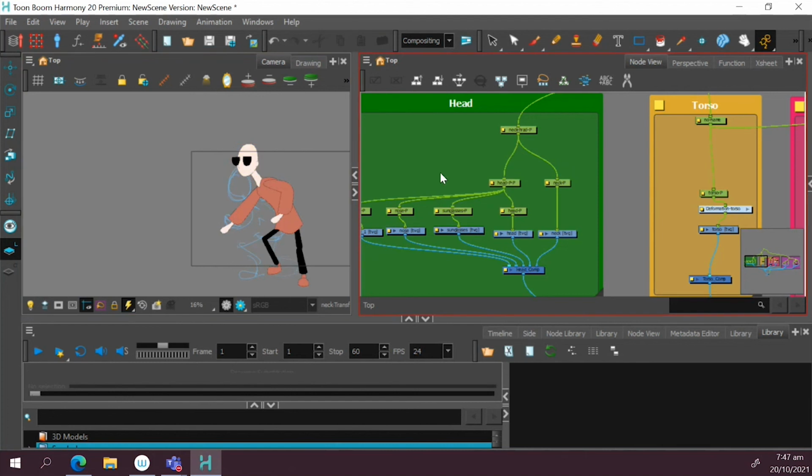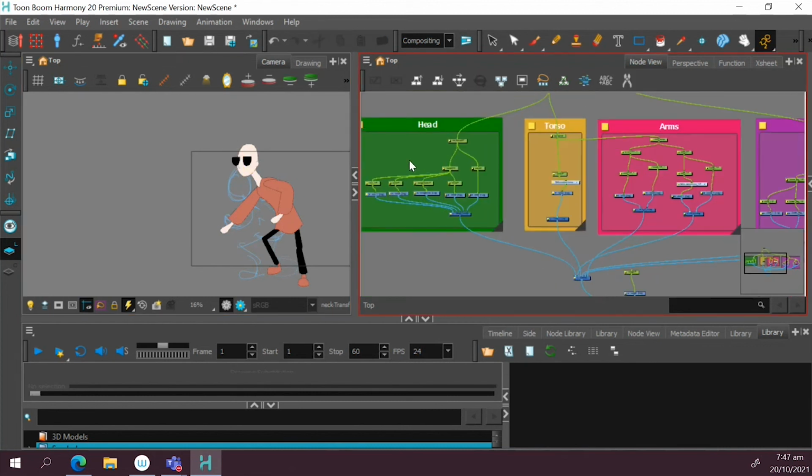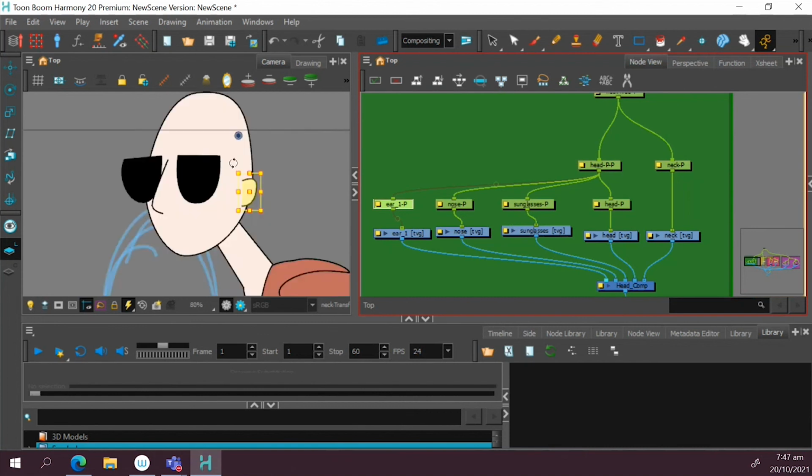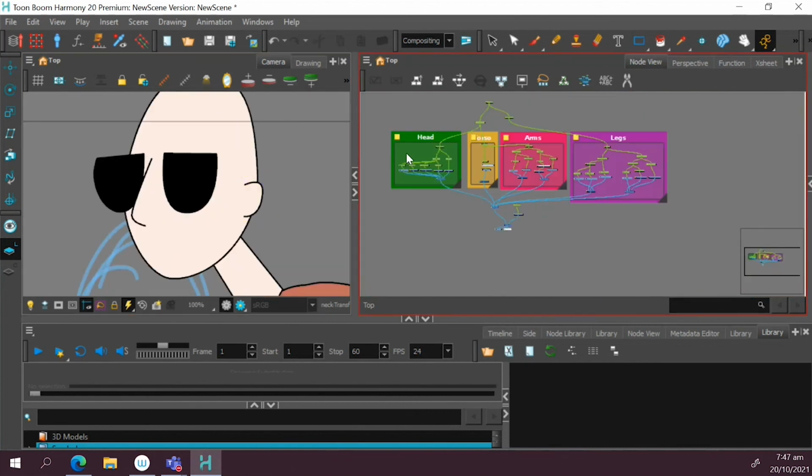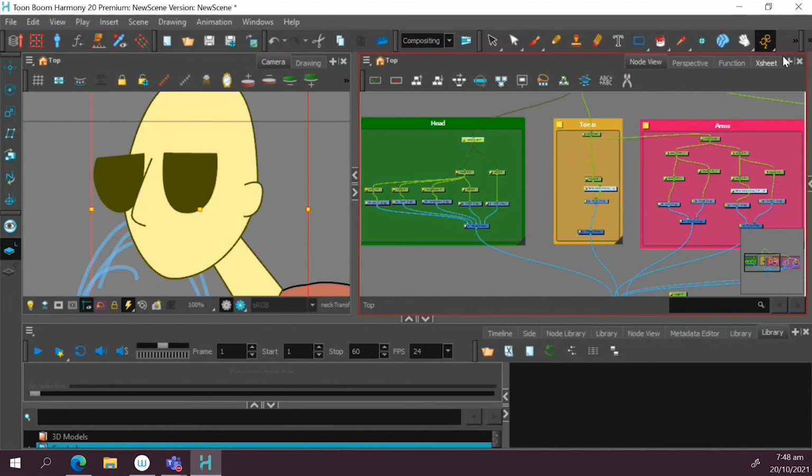As I go further down the hierarchy to this peg, it's going to isolate the sunglasses. It can animate the sunglasses. And then the nose, and then anything else that is on the face. So it's just create this composition here. Making sure that when you are not animating, this button here is on animate off,